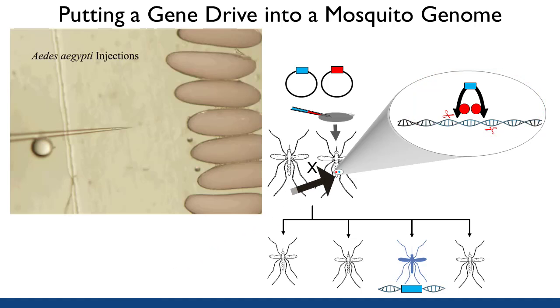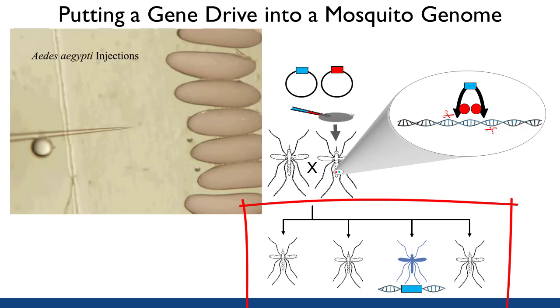If the cell will go on to produce sperm or eggs, germ cells, in the resulting adult, the transgene will be transmitted to its progeny following mating. The resulting progeny will be fully transgenic, with all cells of the insect containing the transgene or gene drive. The technology for creating transgenic insects is not 100% efficient. So only a fraction of the progeny arising from that insect that had been injected as an embryo will be